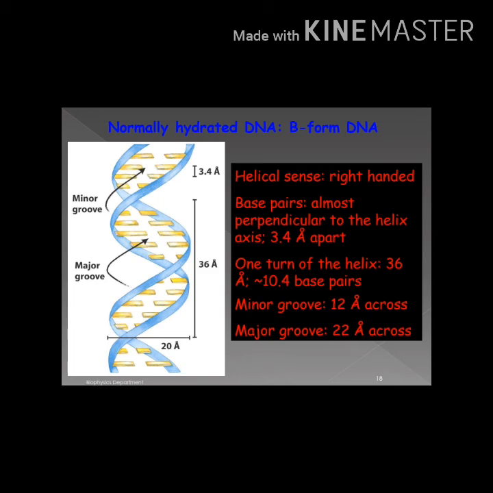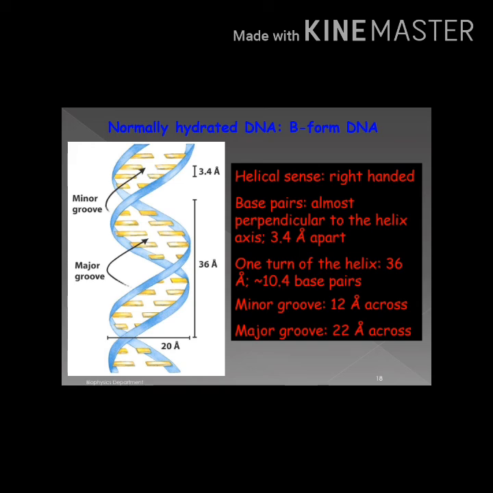Another very important point is that the distance between two stacking nucleotides or two layers of nucleotides is 3.4 Armstrong, whereas the complete distance of one turn in the DNA double helix is 36 Armstrong, whereas the diameter of B form of DNA is 20 Armstrong, and if we take a radius, it is around 10 Armstrong for a DNA structure.